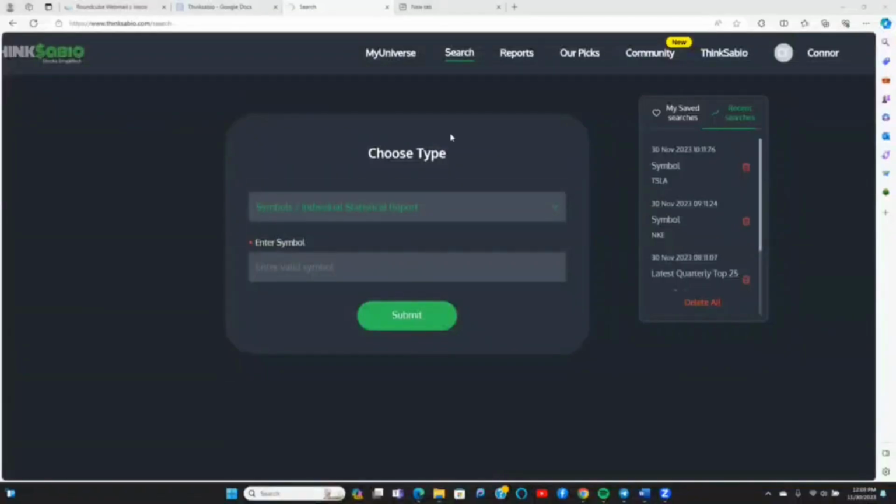So the next report that we're going to go over is the individual statistical report. This looks at each individual stock and offers a wide range of information on that: pricing, volume, institutional investment, etc. So to access this, click on the search bar up here, and then go to symbols and individual statistical report,